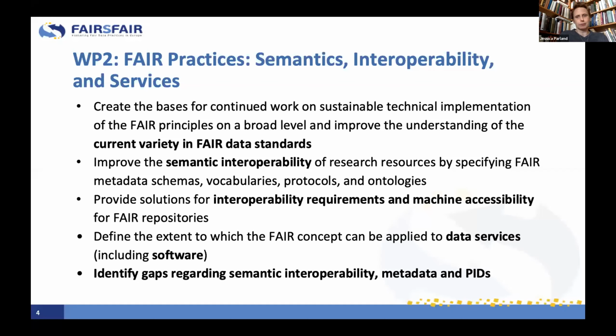We mentioned some outputs already that we have produced. Firstly, there is the report on FAIR requirements for persistence and interoperability, which is a 20-page report with a landscape looking at the infrastructure from a FAIR perspective. And then there's also some text about persistent identifiers and semantic interoperability. So that one might be interesting for some people.